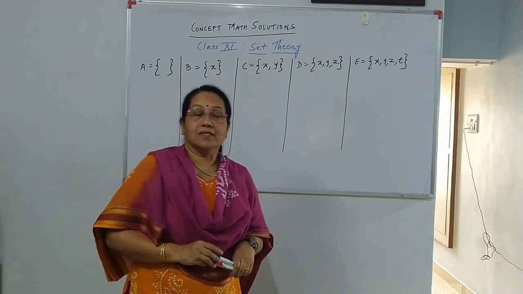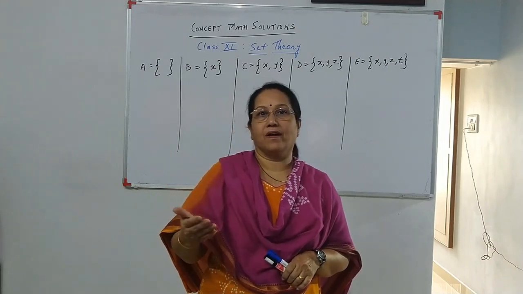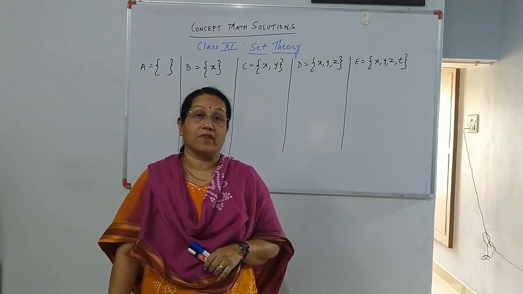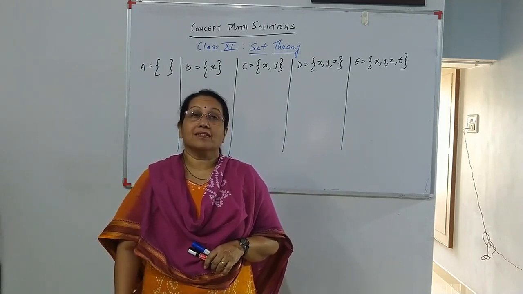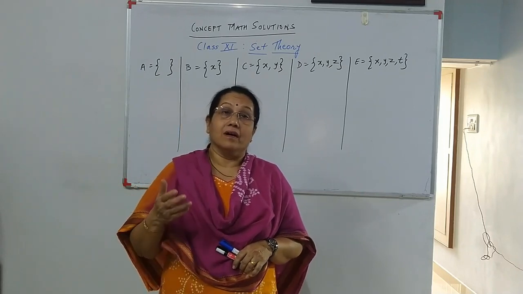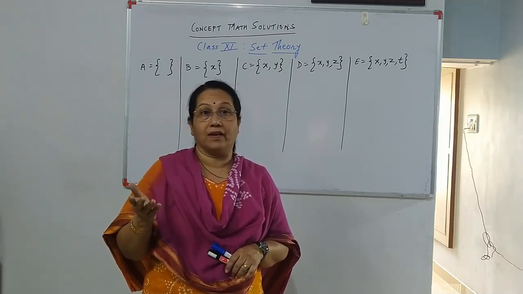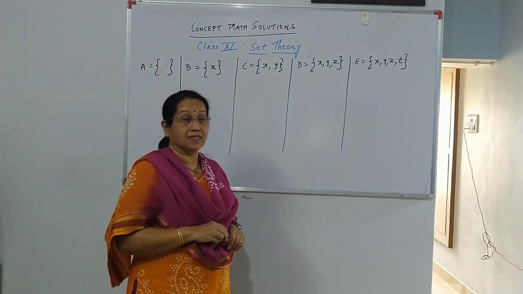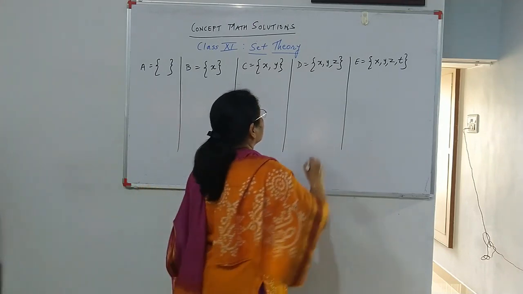In the earlier class, we discussed the basics of set theory, that is finite and infinite sets, and then we discussed the set builder form and the roster form of writing a set. Then we also discussed that a set can have the number of elements in a finite way or an infinite way. Now each element is to be written only once. Today we are planning to discuss